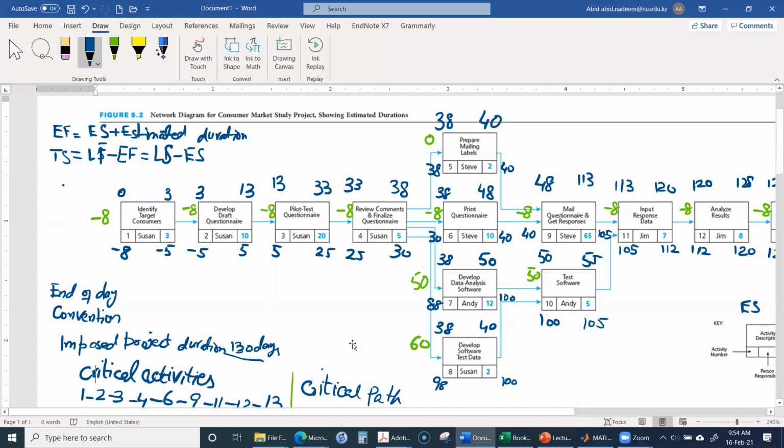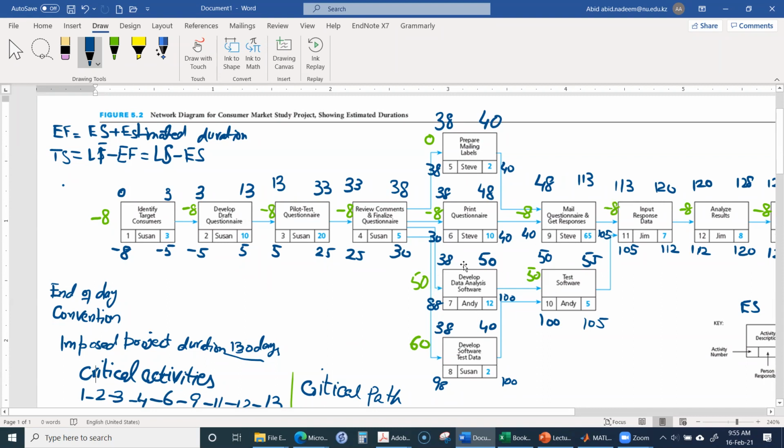So by the definition of the total slack, and as we can also see from this network, an activity can be delayed within its total slack without delaying the overall duration of the project. As we have seen from here, if we just want to update these calculations,